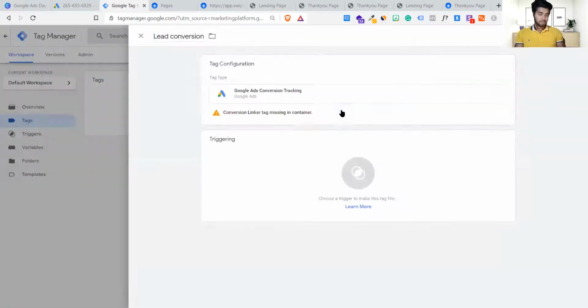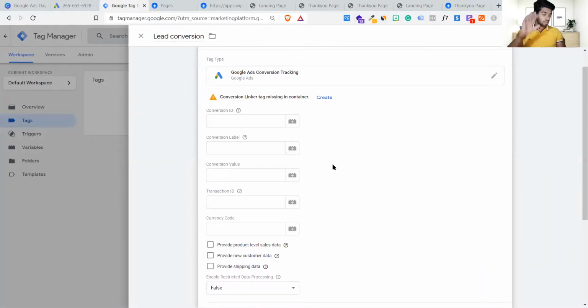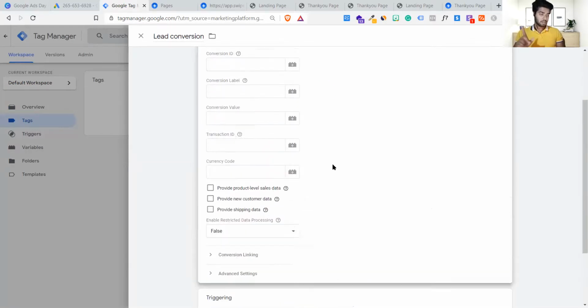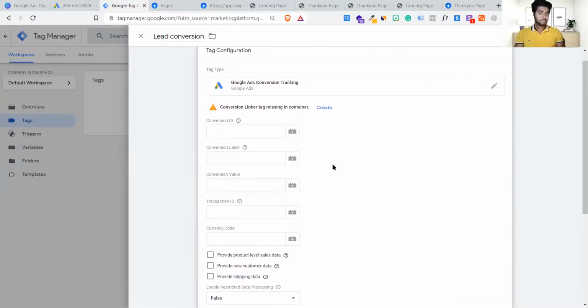Stay here. Click on this. It will open. Now, this part is very crucial. You shouldn't make any kind of mistake. If you do, you will see that your conversion is not getting tracked correctly. Let's go back to Google Ads, and it asks what your conversion ID and conversion label are. If you have a conversion value or a currency code, you can also give it. They have a lot of variable options right now.